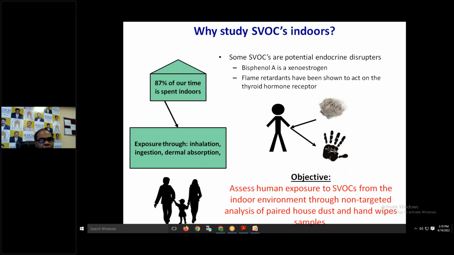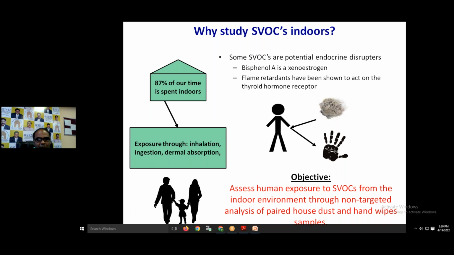So exposure through inhalation, ingestion, dermal absorption. Dermal absorption means sometimes they may be absorbed through your skin, and when we are inhaling, those exposomics may also be inspired through breathing. Ingestion, sometimes it may go through food,